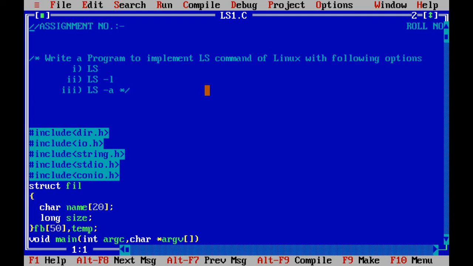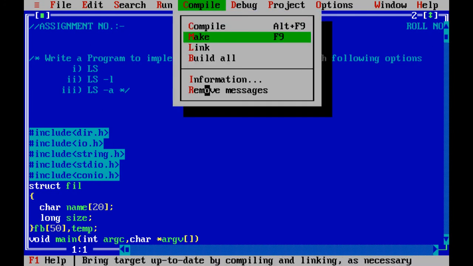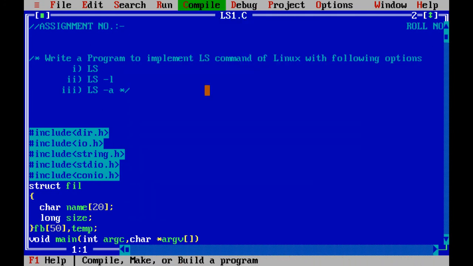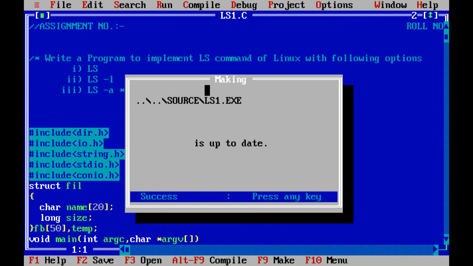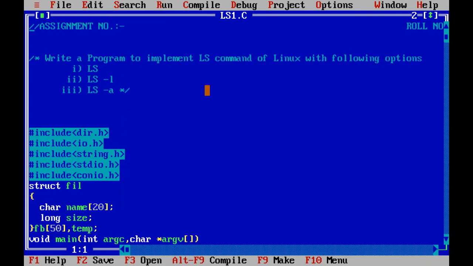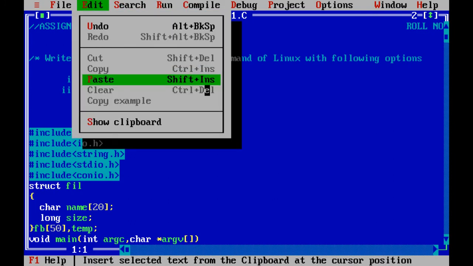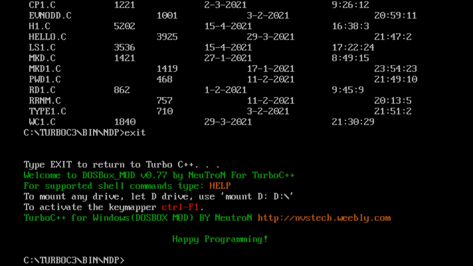I have saved my program in my folder and changed my directory location, and now I will execute it by making use of compile, make, link and finally build all. So this is my exe name. Let us proceed to the DOS shell where we are going to execute this program.